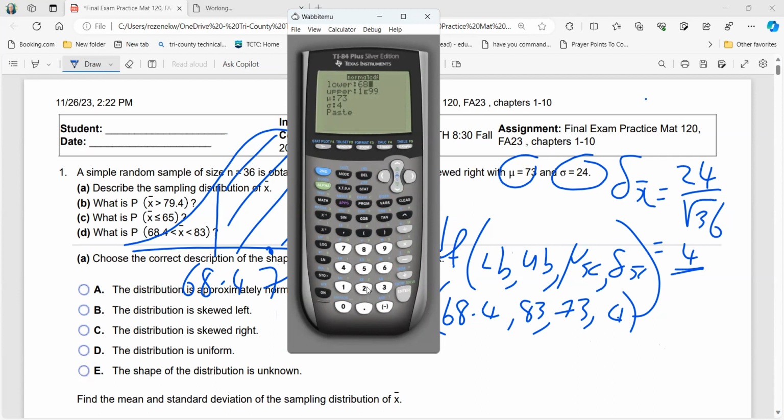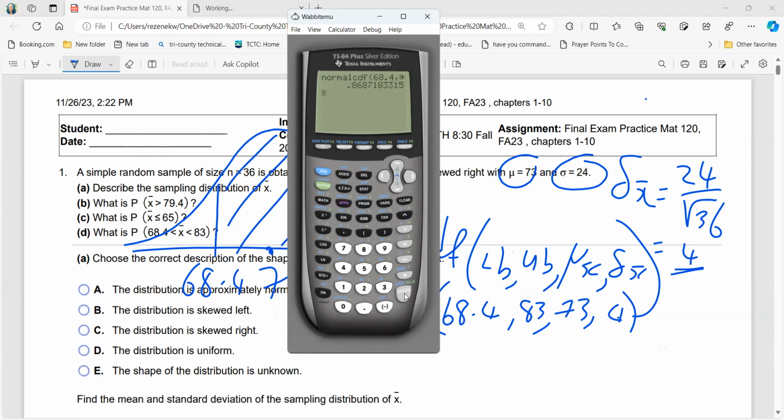68.4. The upper bound is 83. So 83. The mean is still the mean, and the standard error is still the standard error. So we are going to paste. My calculator is asking me, are you sure that this is what you want? Yes, that's what I want. And then